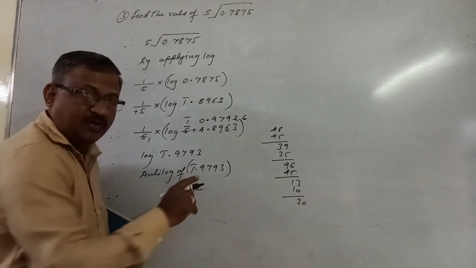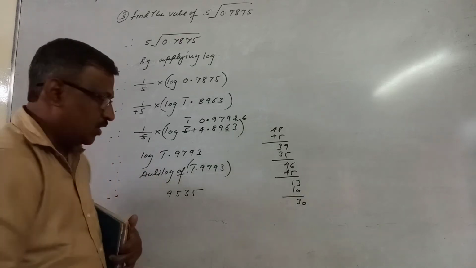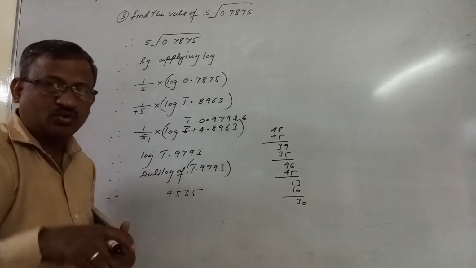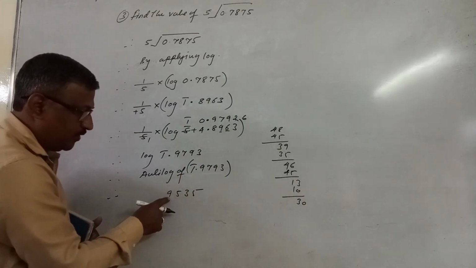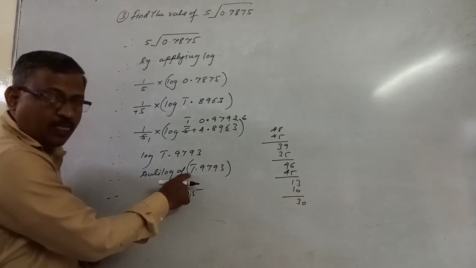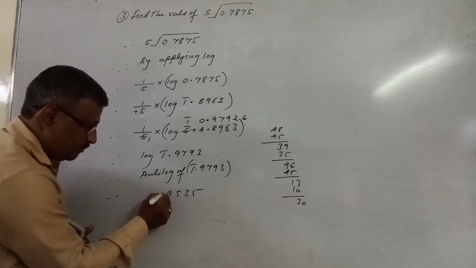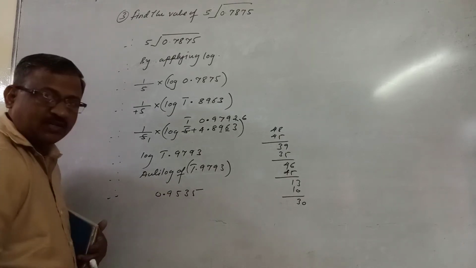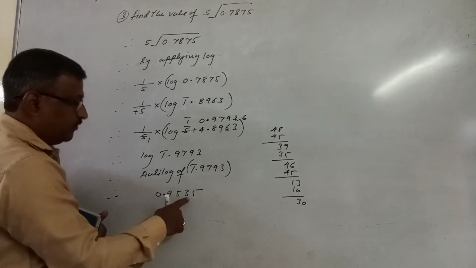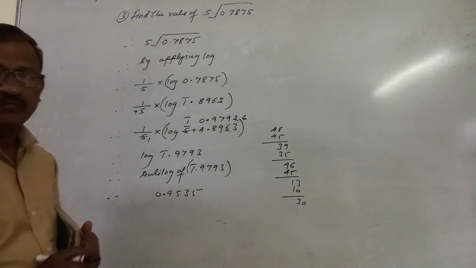So here bar 1 indicates what? 1 0. So from 1 0, if you minus 1 0, remains no zeros. Means what does it mean? That number has no zeros after the decimal point. So I told, when the characteristics is negative, decimal point we have to give before the digits. So there should not be any zeros after the decimal point. Means just simply you have to put the decimal point. Means there will not be any zeros after the decimal point. So 0.9535 is the fifth root of 0.7875.